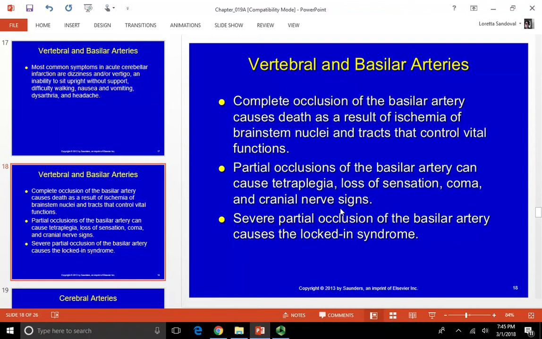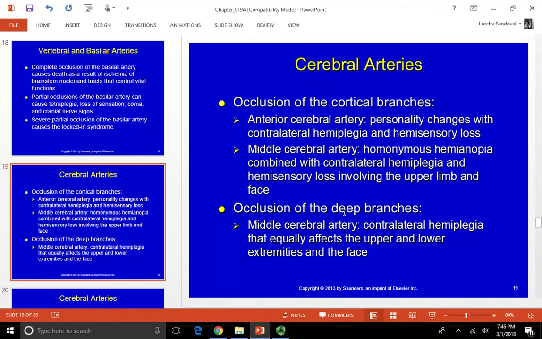It can cause death, complete occlusion of the basilar artery, because ischemia of the brainstem nuclei that control vital function could cause death. Partial occlusions of the basilar artery can also cause tetraplegia, loss of sensation, coma, and cranial nerve signs. Severe partial occlusion causes locked-in syndrome, which is where nothing moves, loss of sensation, you're locked into a position. Not good. So cerebral arteries, the anterior middle cerebral artery, I'm going to switch over to the chart in